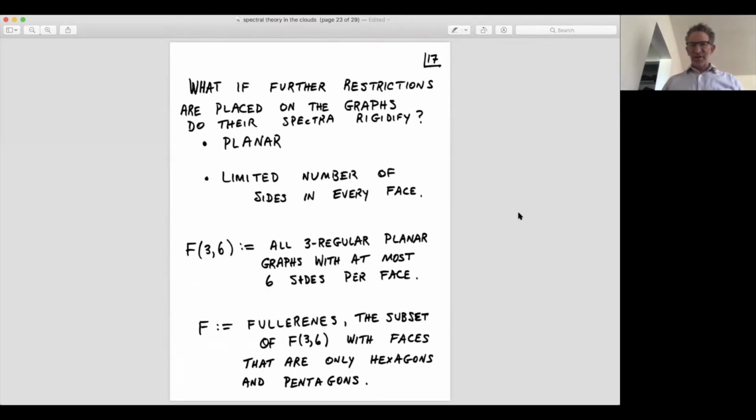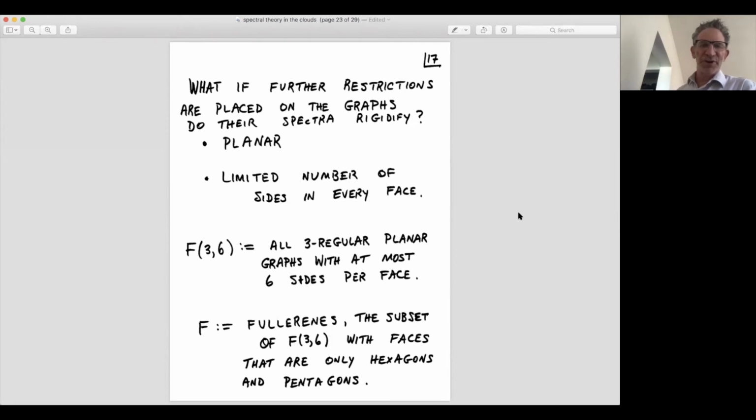All right, so I want to spend the next 10 minutes explaining what we have done with Van Wey, and that is if you put restrictions on the graph, and this is very important in applications. Maybe you want your graphs to be planar. Maybe you want some other conditions on the graph. Can you still create these gaps, these interesting structured spectral sets? So gaps are usually what you're trying to create. And the answer is, how do they rigidify?